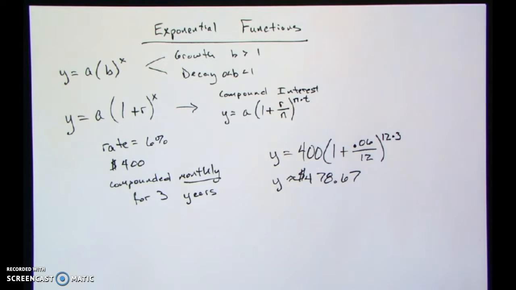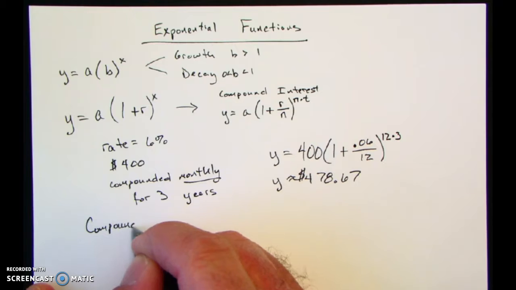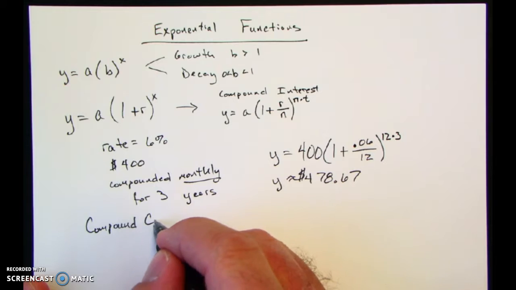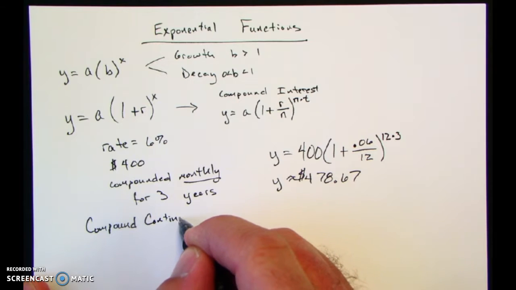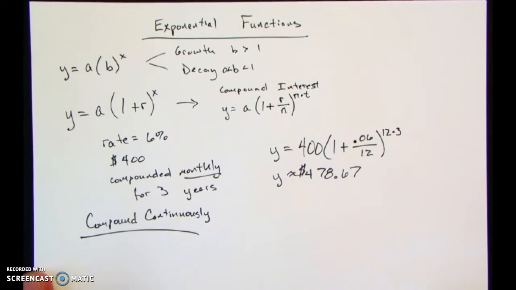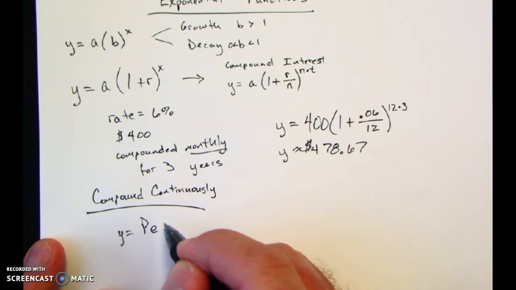Now there's lots of other places where we can look at things being compounded or some sort of exponential growth and decay, as long as we're talking about compound interest. What if something is compounded continuously? We've already talked about, and this is review from previous classes, that if you're compounding continuously, we have a different formula for that. Anything where you're talking about continuous change involves the number e. It's got its own special button on the calculator, and for compound interest type problems we have our formula PERT,